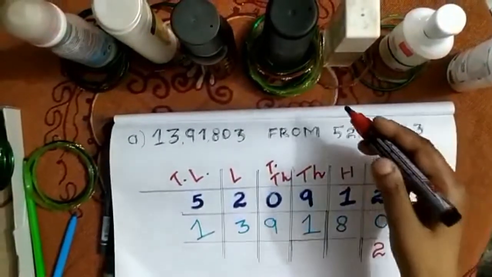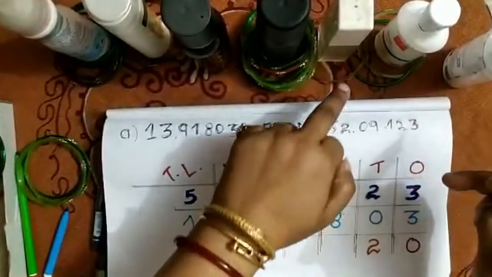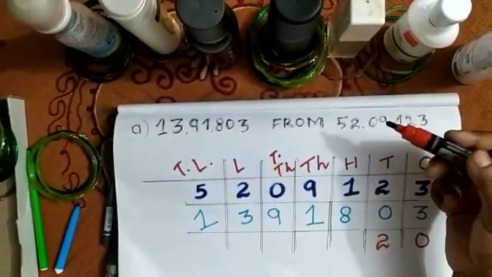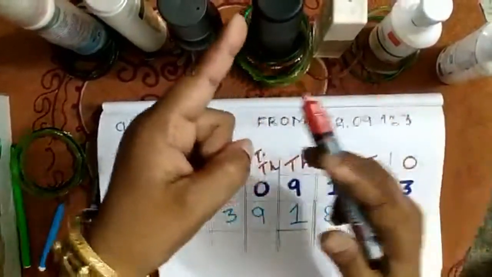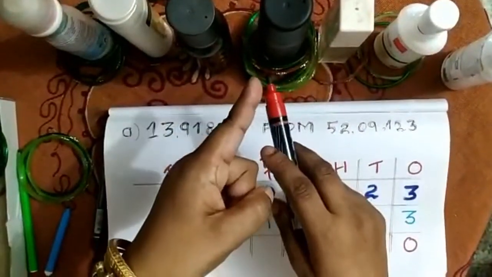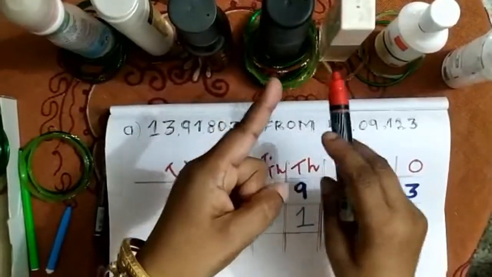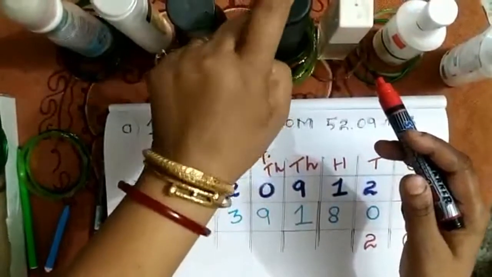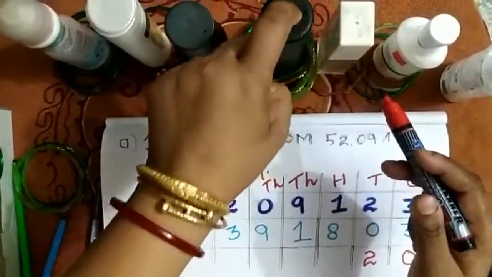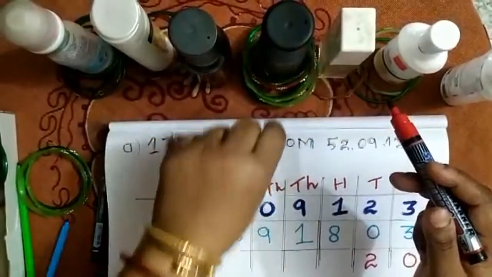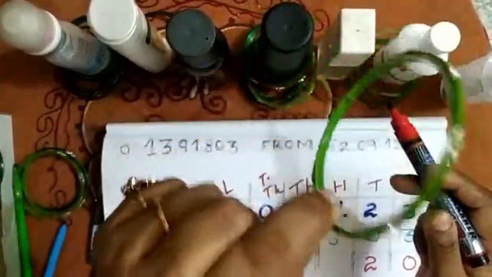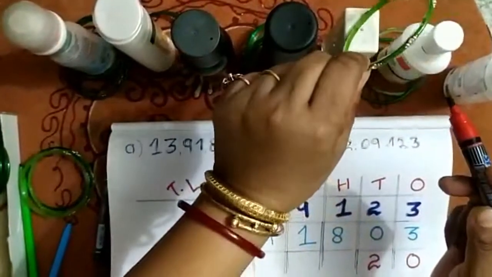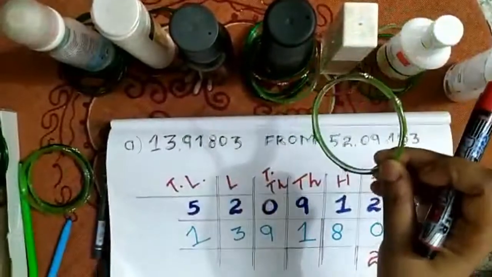Come to the hundreds place. In hundred place, 100 is there, but I have to take away 800. Is it possible? No. So what I will do, I will borrow from the next place value, that is the nearest greater place value, that is 1000. I will borrow 1000 from this 1000 bank. This is the bank of thousands. So in 1000 place 9000 is there. I will take away 1000 from it, and this value of 1000 will convert here in 100 place. So I will drop 1000 over here.